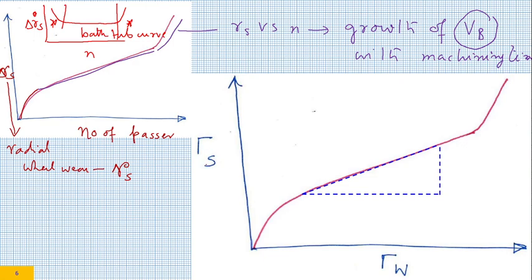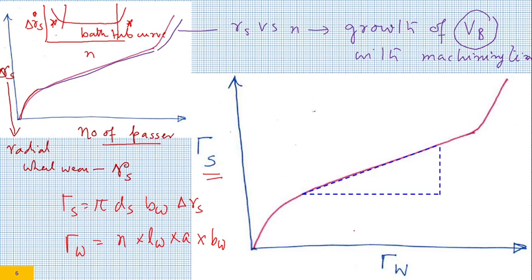Now from this gamma S, already we have written gamma S equal to pi ds into Bw into delta Rs. So this is your gamma S and this is your gamma W. Gamma W is once again a function of number of passes, N into Lw into A into Bw. So these graphs, if you plot as gamma S by gamma W, it comes out to be this.